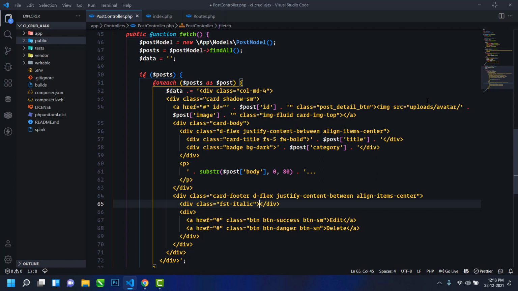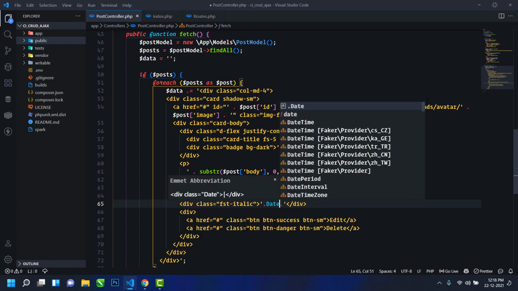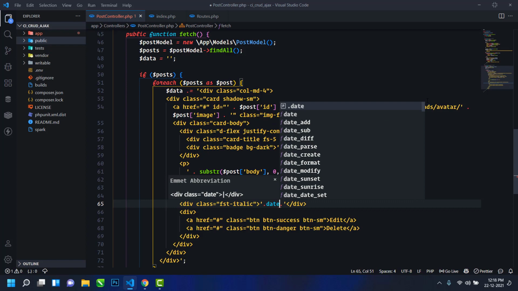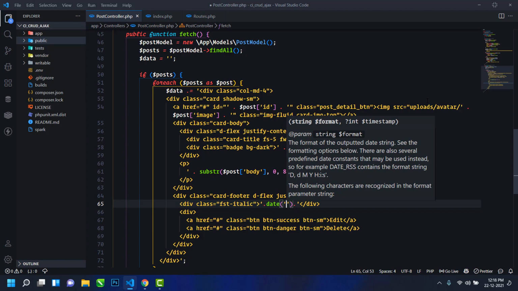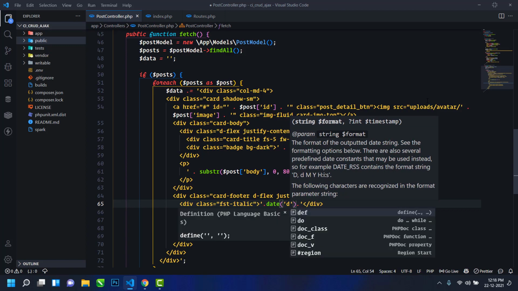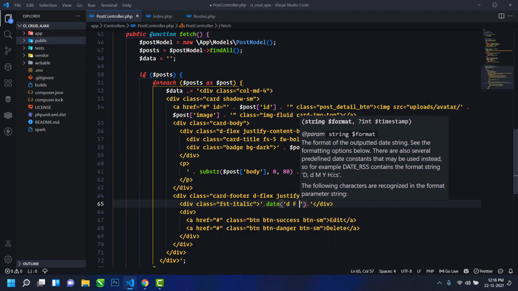Okay, so just paste, and actually here what I will do is just cut this. Here I will use the date function of PHP. Okay, and here I will format the date. First I will display the day, and then month, and then year.